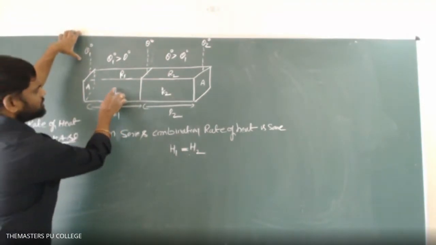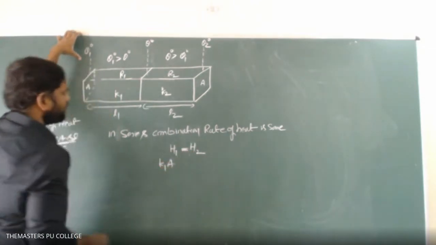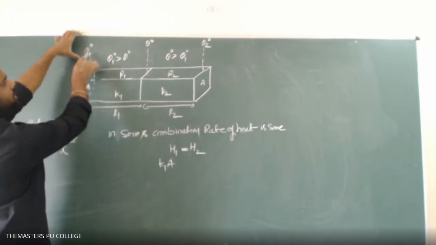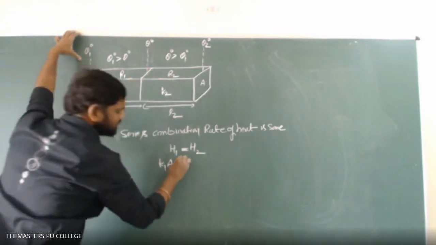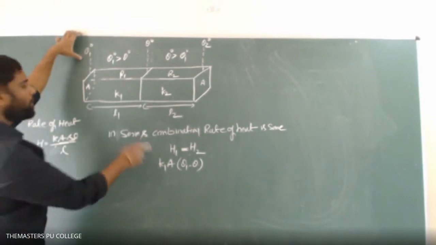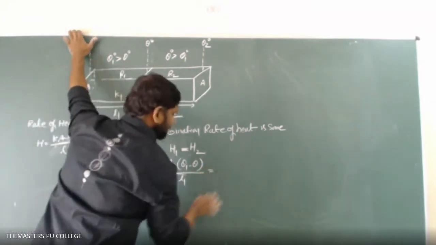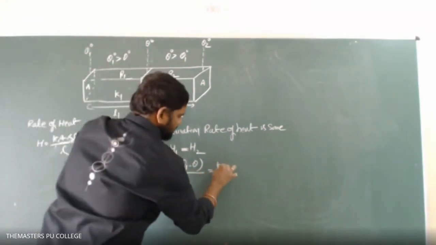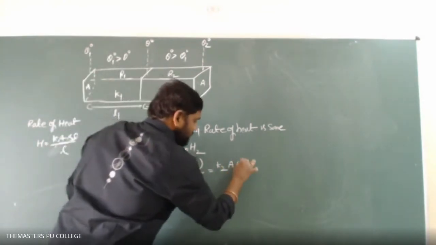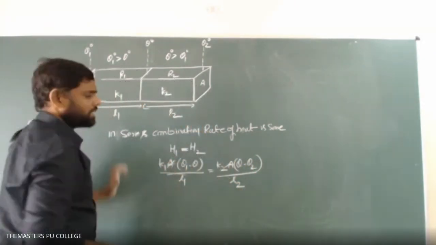And here what is the thermal conductivity? K1. Here A is there, area is same, let it be A. And delta theta means the temperature difference between the two ends of the first conductor. This end is maintained at theta 1, this end at theta 2, so delta theta I can write as theta 1 minus theta. Got it? Upon L, L1 is the length, that's why I can write L1 here. Then coming to H2, K2, A, temperature difference theta minus theta 2 upon L2. This A gets cancelled.